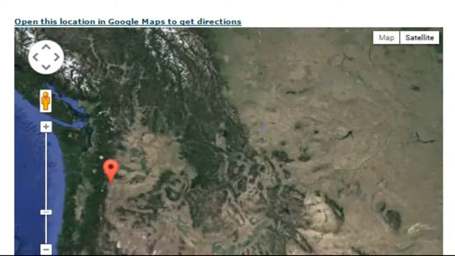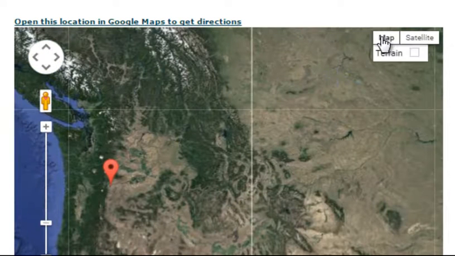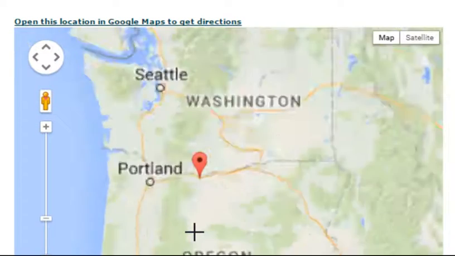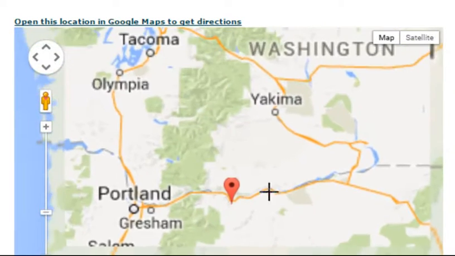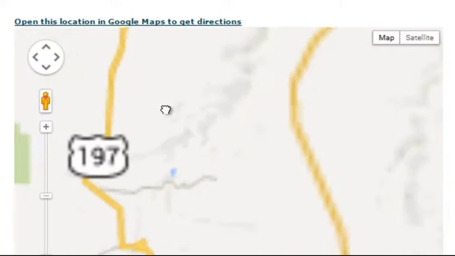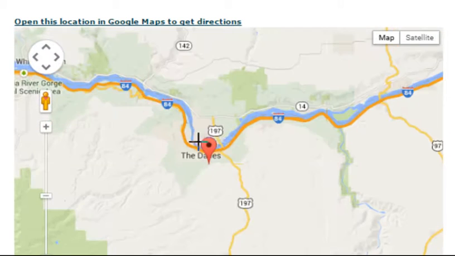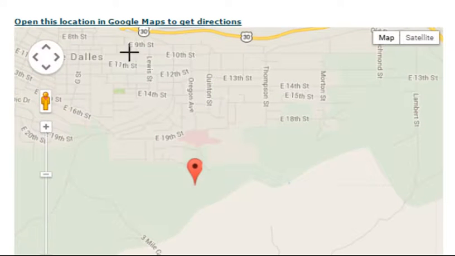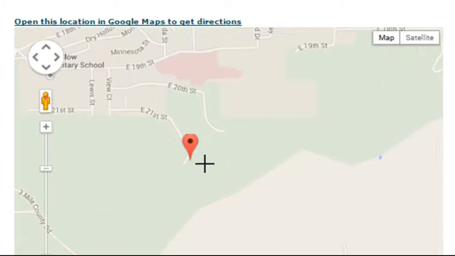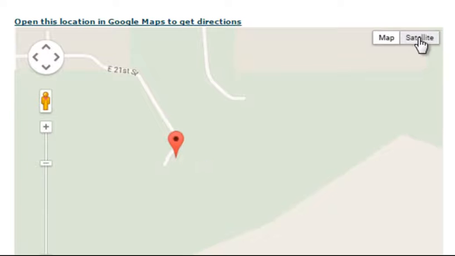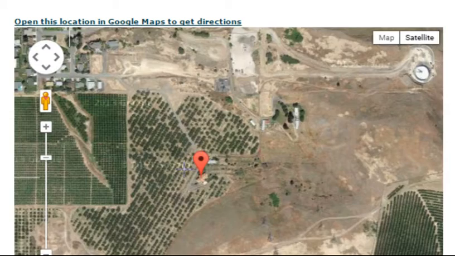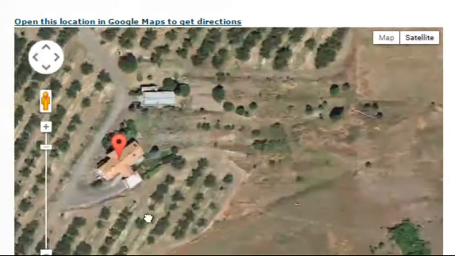United States, that's the west coast, and I switched to a map view so that I can see road maps. I know that I'm on the border of Oregon. I'm following the roads that I'm familiar with. I find the town of The Dalles. Zoom deeper in, recognize the roads through town, and I come to more or less the point where I want to be. Now I switch to satellite view, and if that's my property right there, I can zoom in, make